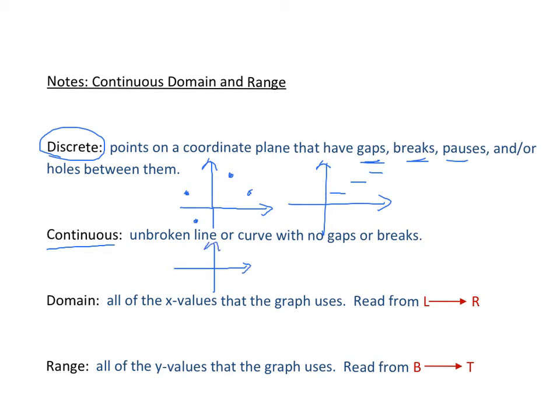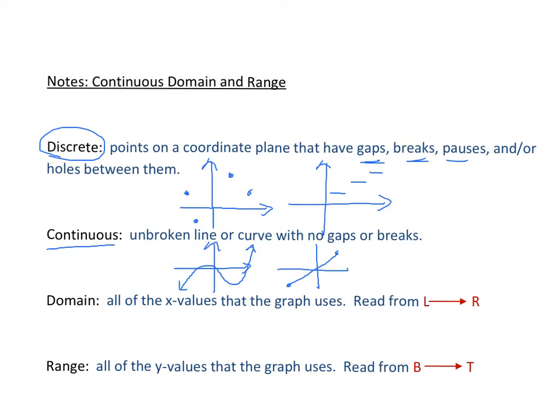Continuous means it starts and it just is a continuous curve or line. It doesn't have to go on forever on either side. It could be a segment that stops and ends, but from the beginning to the end, there are no breaks or gaps